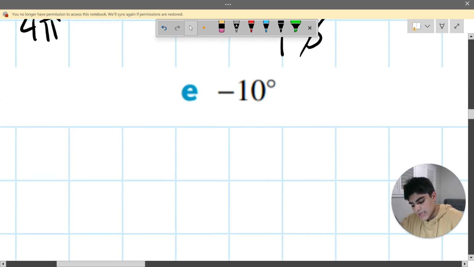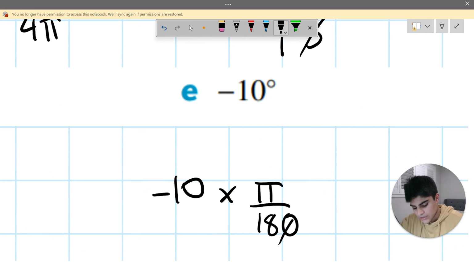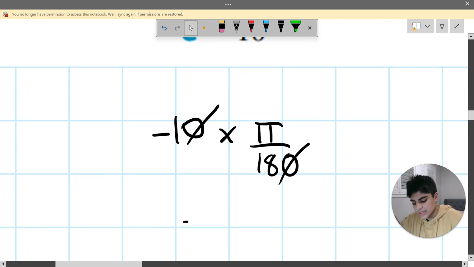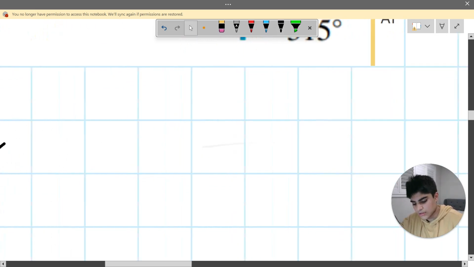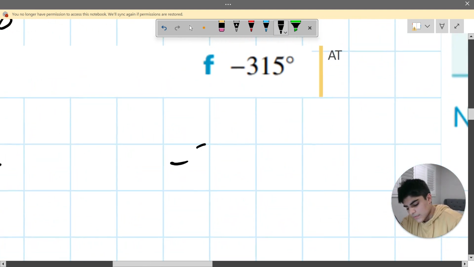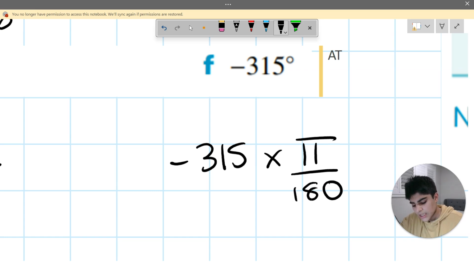Next one. Negative 10 times pi over 180. Let's cancel 0. This equals negative pi on 18. Next, negative 315 times pi over 180. Let's divide by 3. The common factor is 3. 60,